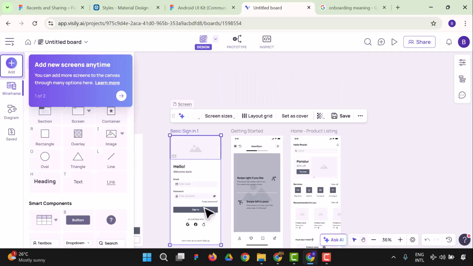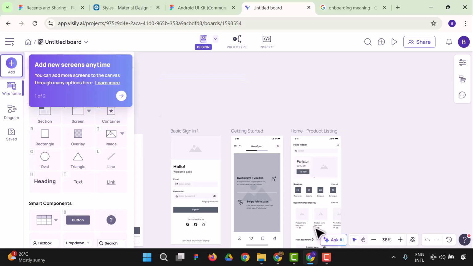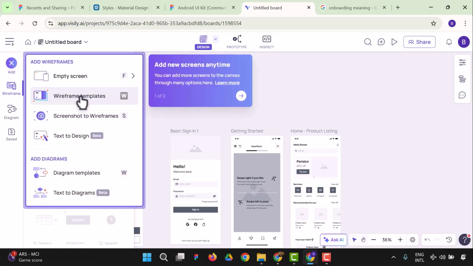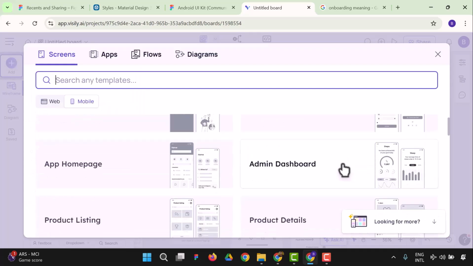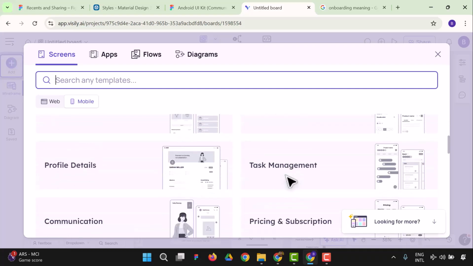So this will be 1, 2, 3, and this will be the fourth. Okay, so we're going to have something like this as well. So we're going to just, yes, let's proceed with that. So let's have another wireframe. So I'm going to add another community wireframe template, and since we have the product listings and all that,